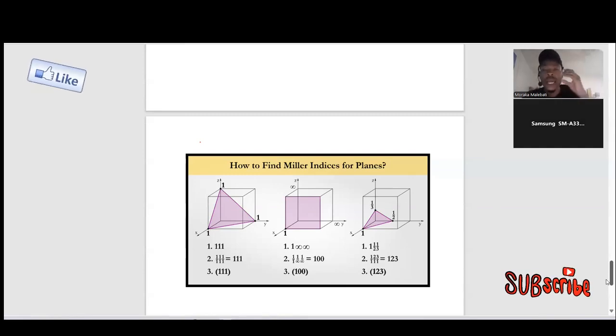So remember, the plane is basically the surface, and this is represented by these parentheses, okay? And then the square brackets basically give us the direction. So from the direction,